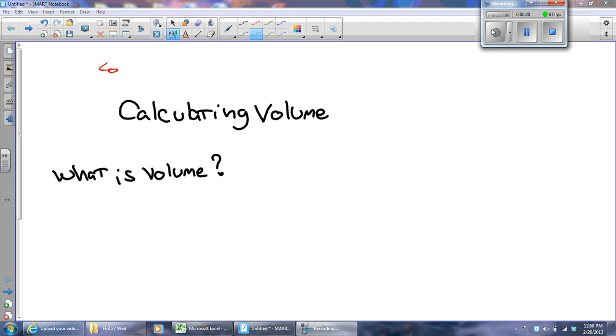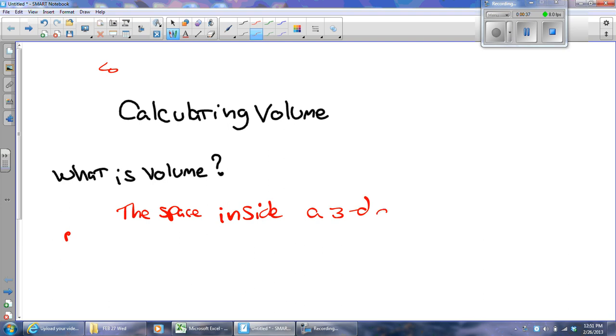Anyway, first of all, to know how to calculate volume, we have to ask ourselves, what is volume? And a great definition for volume is the space inside a three-dimensional object. Okay. Now, we in math class tend to do a lot with cubes, and my airliner seems to